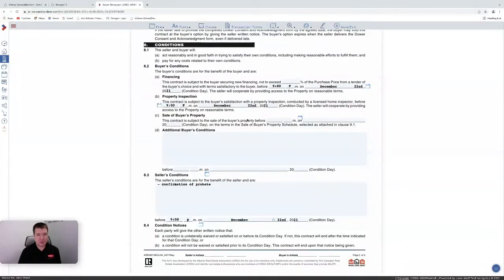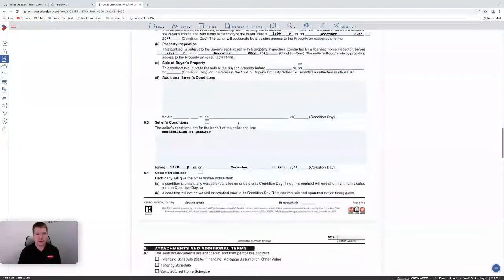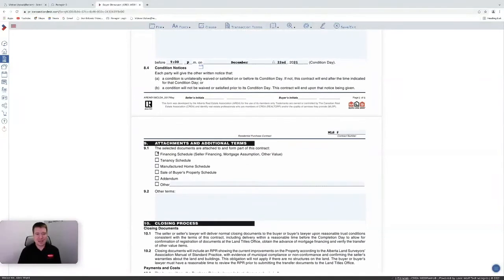If you have any questions about this, definitely always ask your broker. Sale of buyer's home is one that we will go through in our next class. Waivers, amendments, addendums, those are all forms that we will also go over in our next session. These are where you would tie any additional documents into the purchase contract. So if you had a disclosure agreement, you would click other, and then you would just click